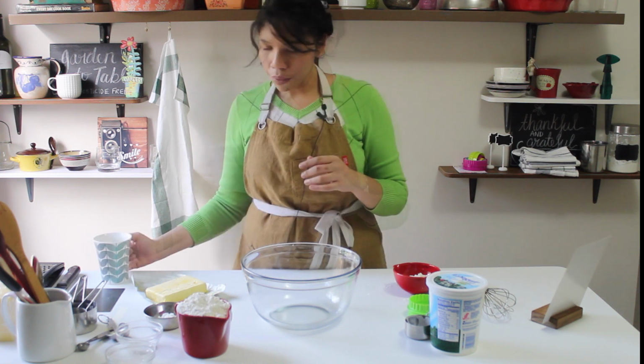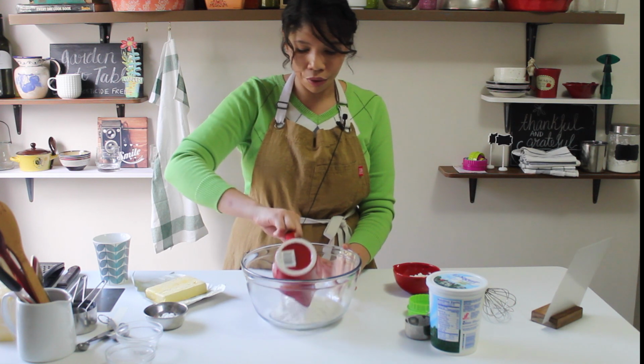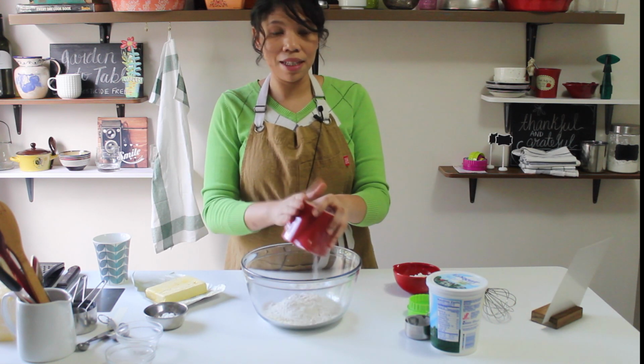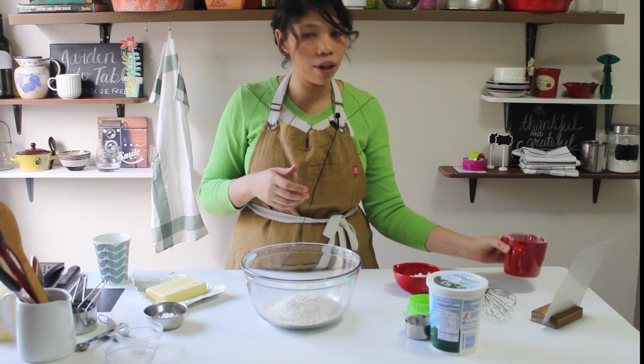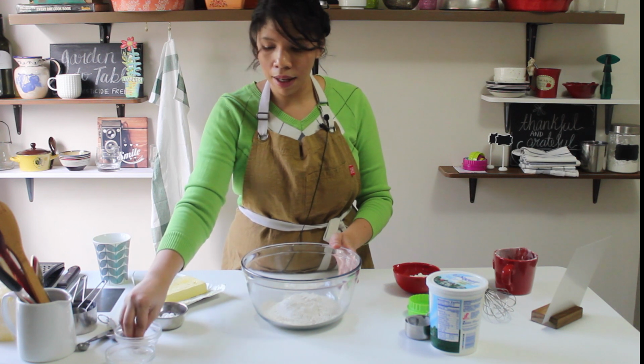So let's begin. In a bowl, we're going to combine 2 cups of gluten-free 1-to-1 flour with gum. If your flour blend doesn't have gum, you can add a teaspoon of guar gum or xanthan gum to your blend. Then we're going to add a pinch of salt,